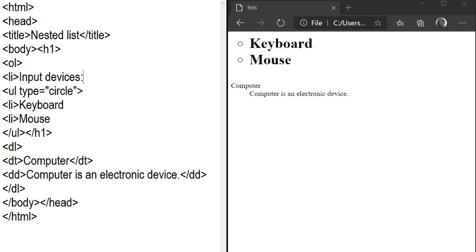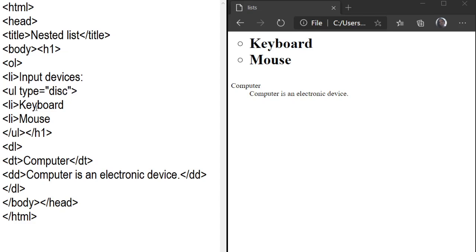One is your keyboard and second is your mouse, and these 2 points are in bullets. After that you can start the ul type equal to circle, for example, and if you want to write down disc, then you can write disc here. So this means your dotted list.